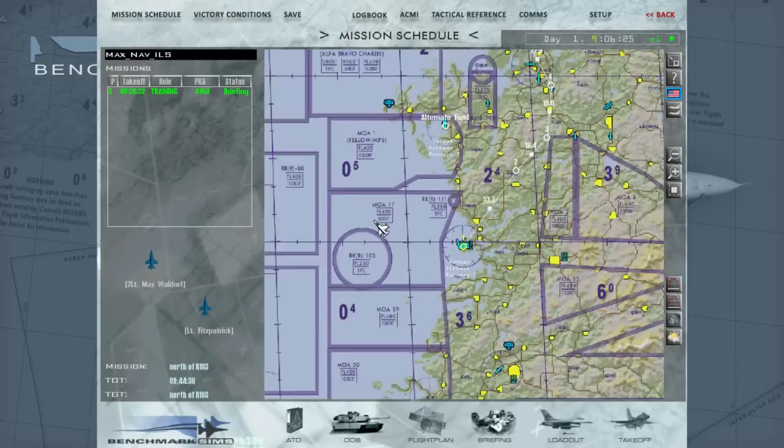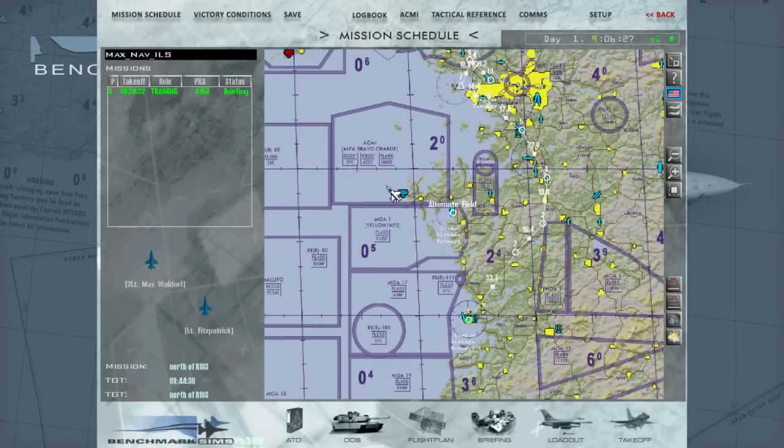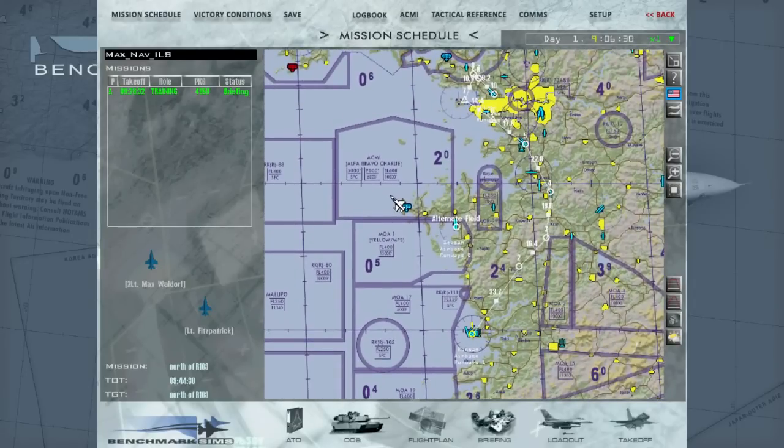So I'm just going to train on IFR departure and arrival, so basically an IFR flight with Falcon BMS 4.33. It's fast, nothing is automatic, and it's TACAN instead of VOR, which is basically the same. But anyway,